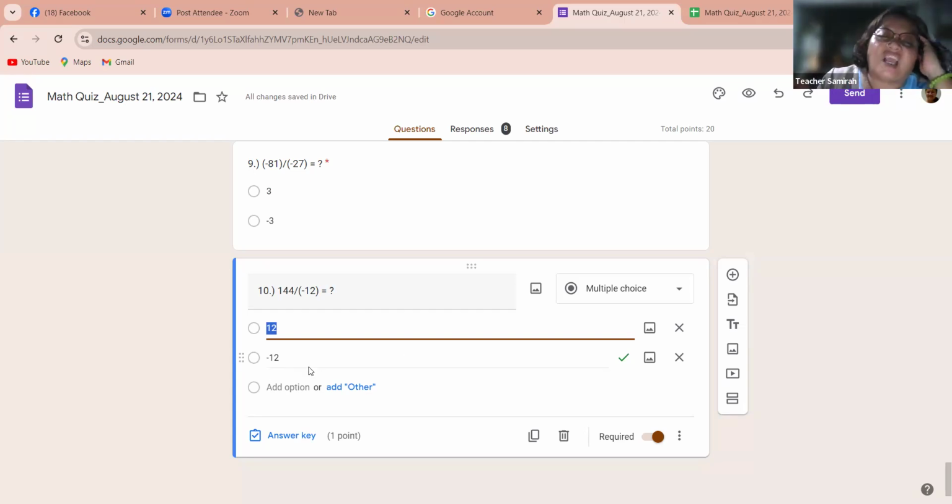And then the next is the operation sign. What am I going to do with the operation sign? I am going to change the operation from subtraction to addition. And then the next one is the sign of the second integer. If the sign of the second integer is negative, then I must change it to a positive sign. And if the sign of the second integer is positive, then I will have to change it into a negative sign. Okay?